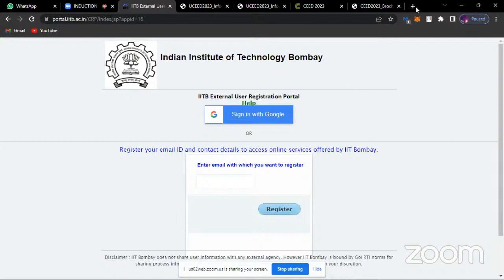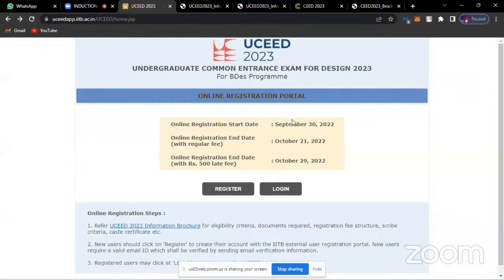All right. So you have to open your Gmail ID. There will be a link given in your Gmail ID. As soon as you open the link, you just have to fill in very basic details, which is your date of birth, your name, your address, and then again submit the link. Then again, it will redirect you to the same home page. After doing all of that, you do login.